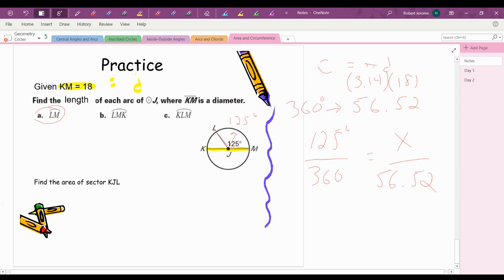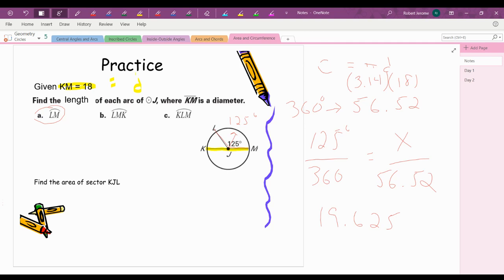And we are simply going to cross multiply. And when we do that, we get 19.625